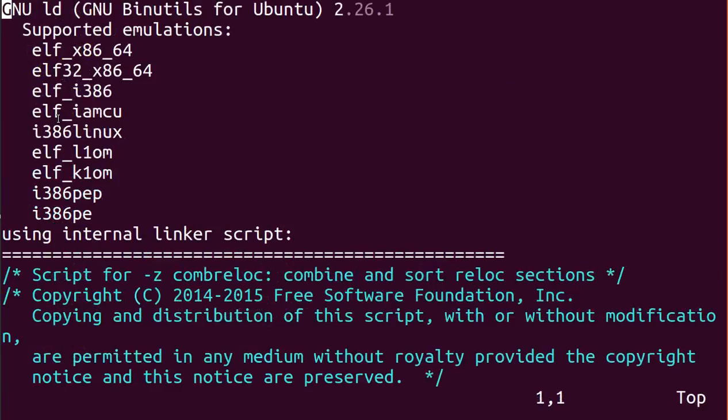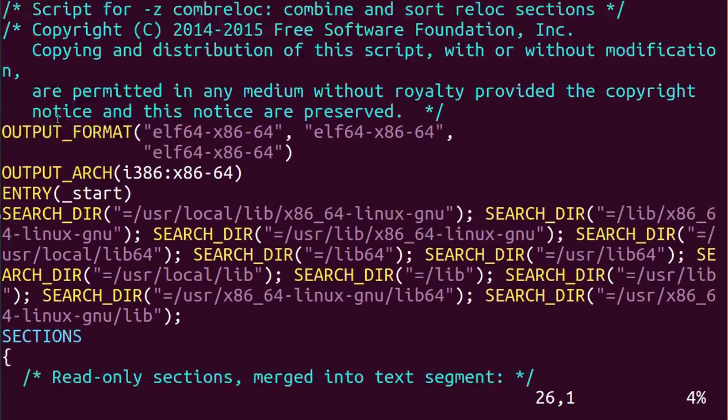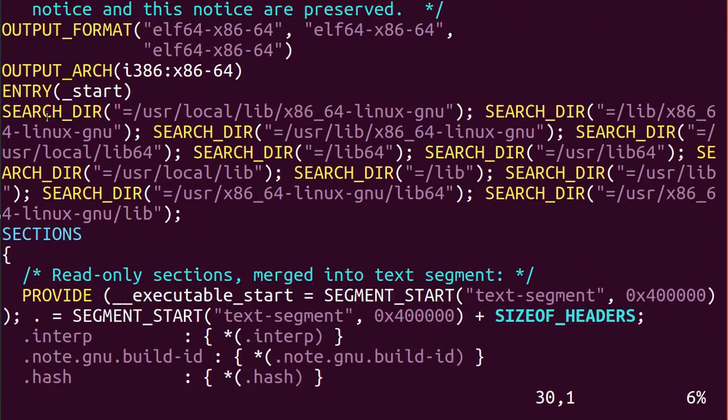Basically this file is used to generate that, and we specify the entry point here. In the case of x86, it specifies where your program should start. You can see it is specified as _start. For other architectures like ARM, it is something else. It is nothing but the reset handler.